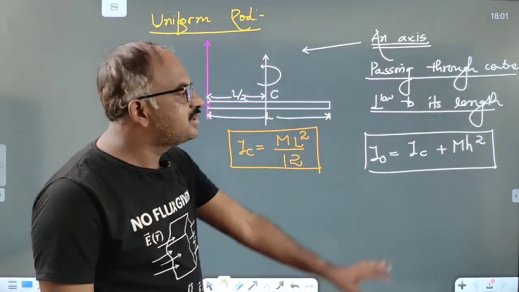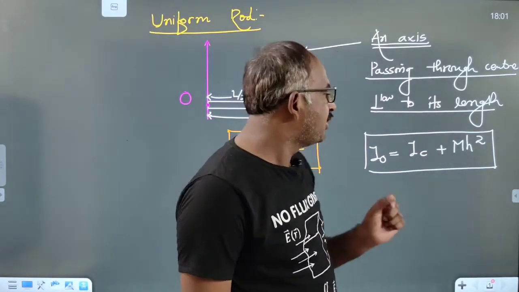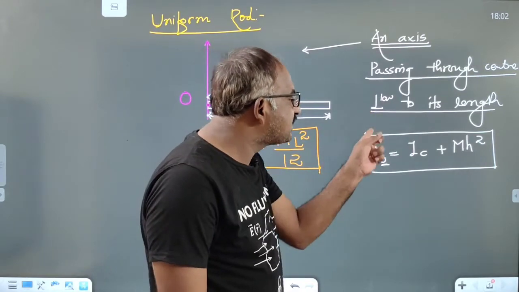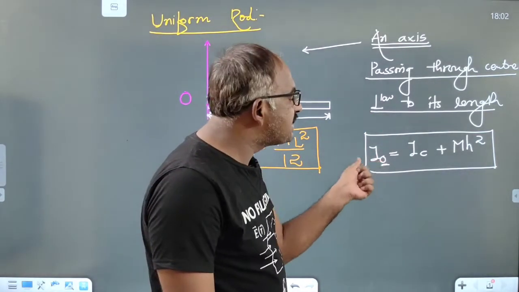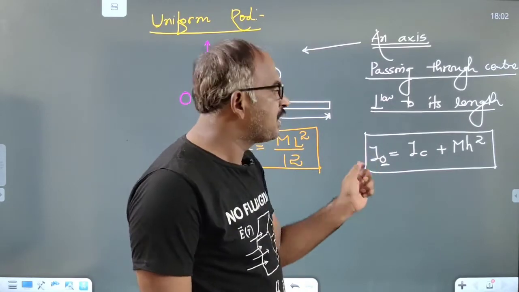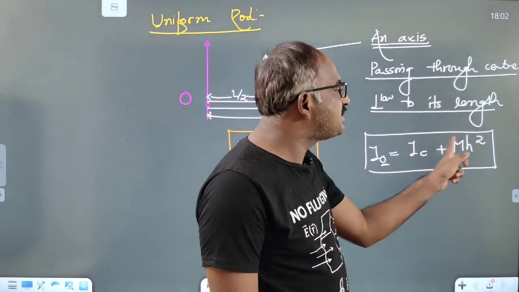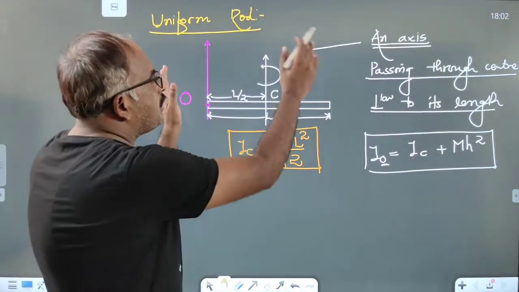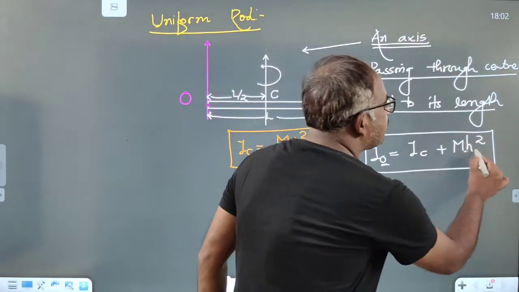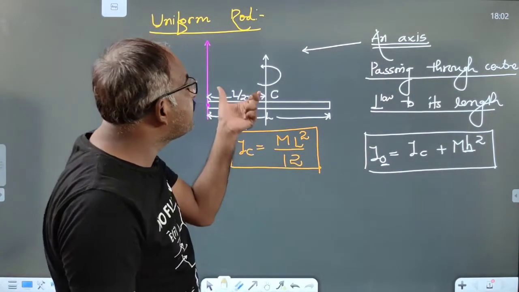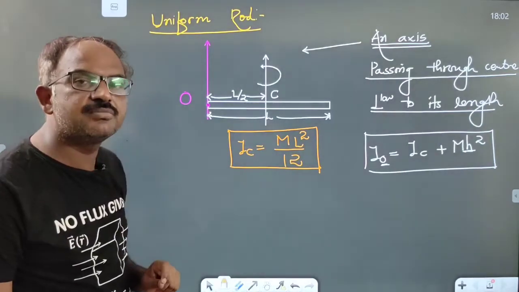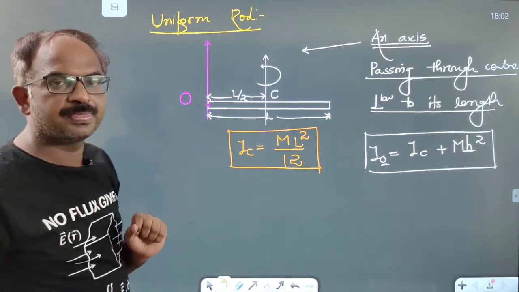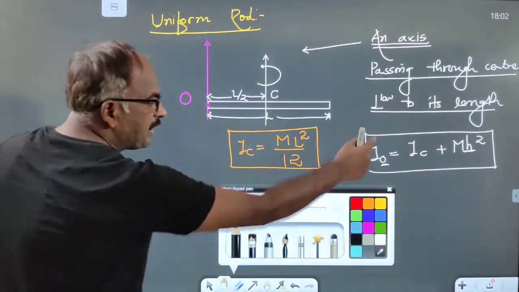This is the theorem on parallel axis, where O is any point on the rigid body and this is an axis passing through that point. Its moment of inertia is denoted by Io. So Io is equal to Ic plus mh square. Ic is equal to ml square by 12, and the mass of the rod is m. What is h? h is nothing but the distance between these two parallel axes. Here for this case it is L/2. So by using